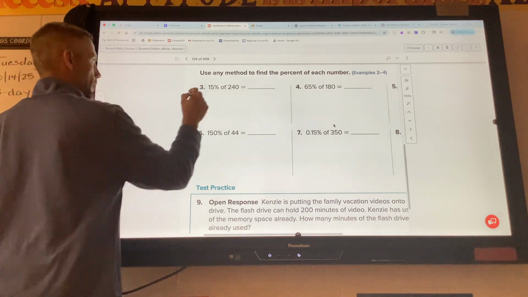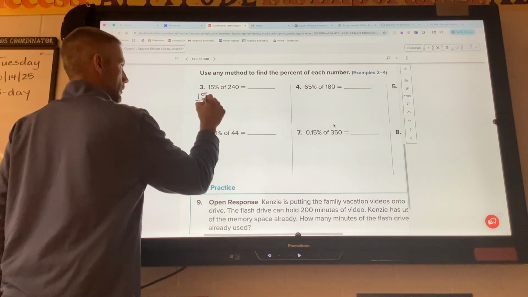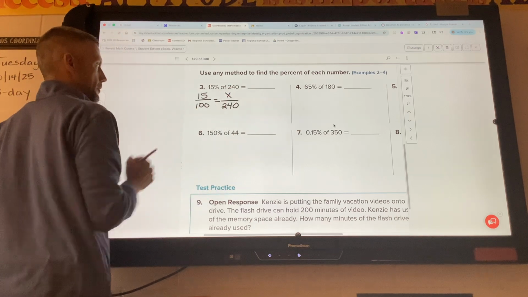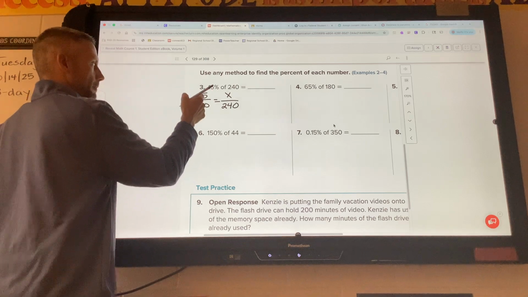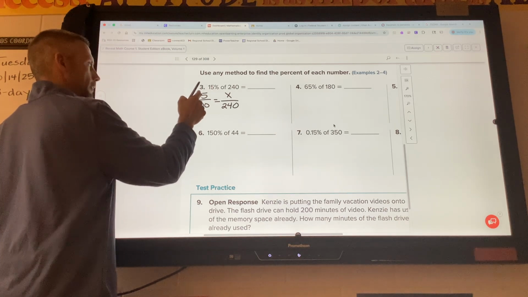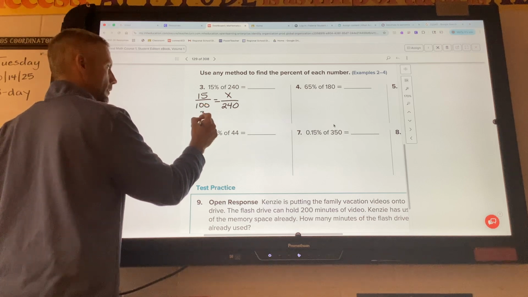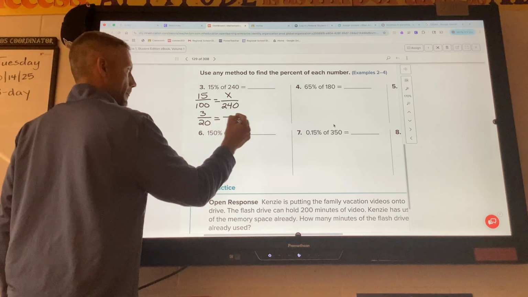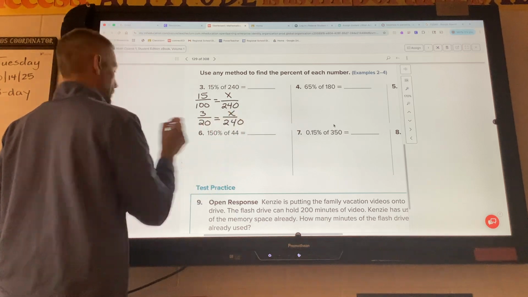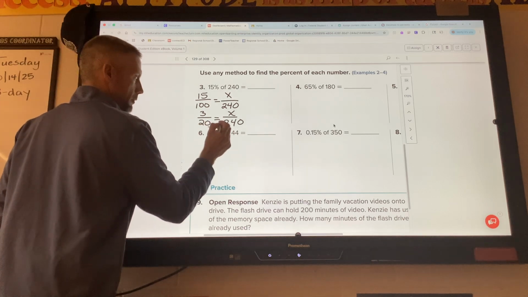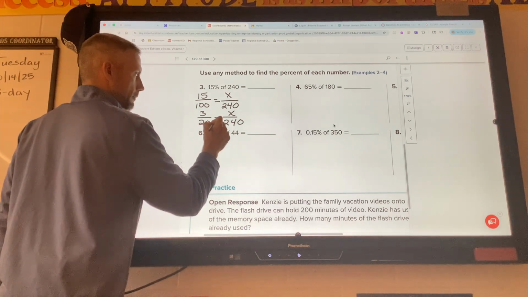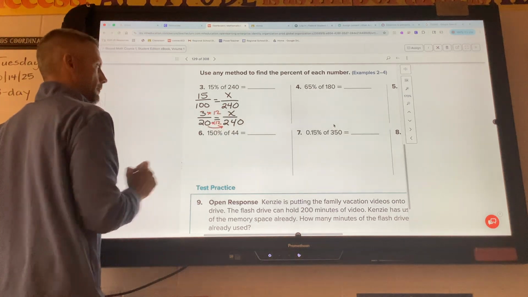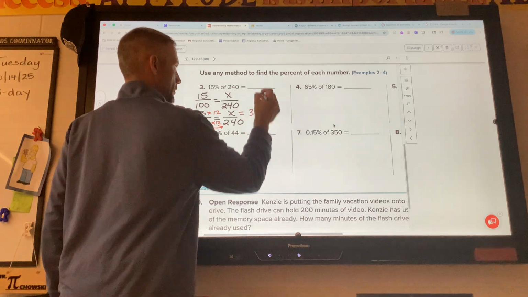If you set this up the same way, 15 out of 100 equals x over 240, you could reduce this fraction. So I know that 5 is the greatest common factor of 15 and 100. If I divide both 15 and 100 by 5, you're going to get 3 over 20. That's still 15%, it's just the reduced fraction of it. But now you can see that 20 goes into 240. I would times that by 12. 20 times 12 is 240, so I would times 3 by 12, and 3 times 12 is 36, just like